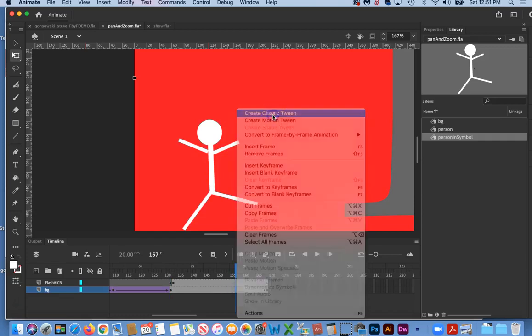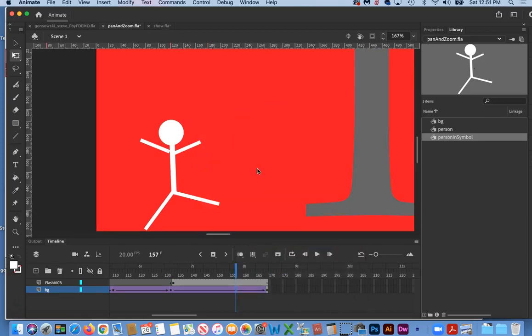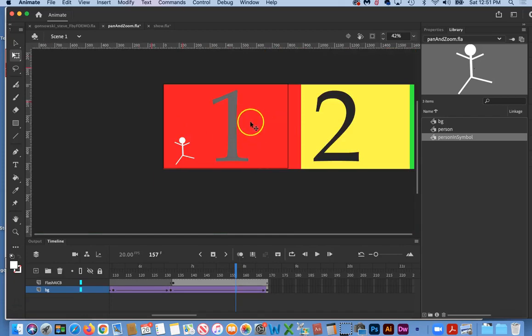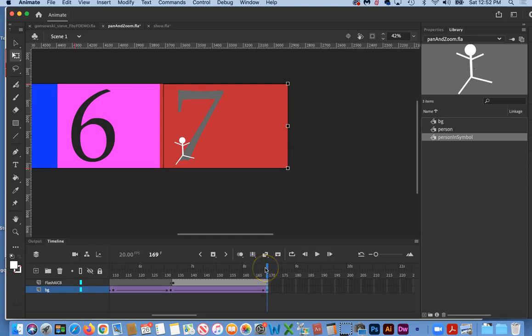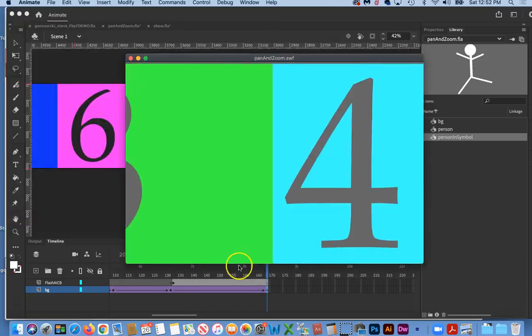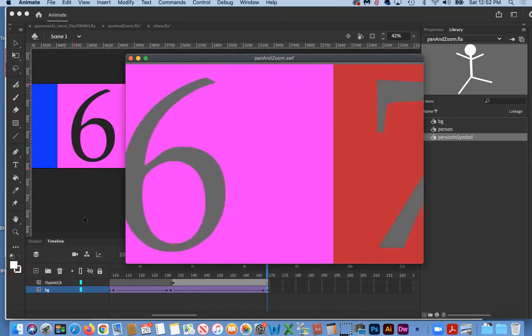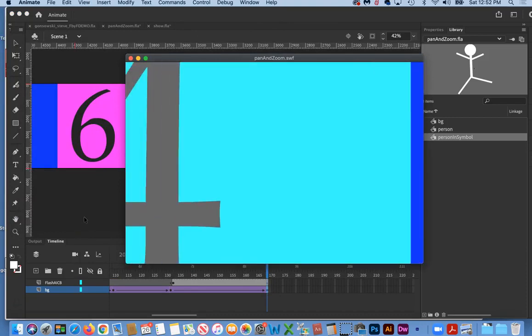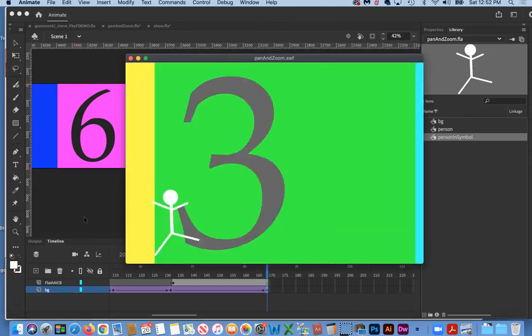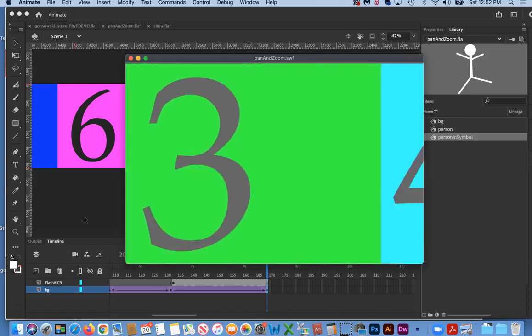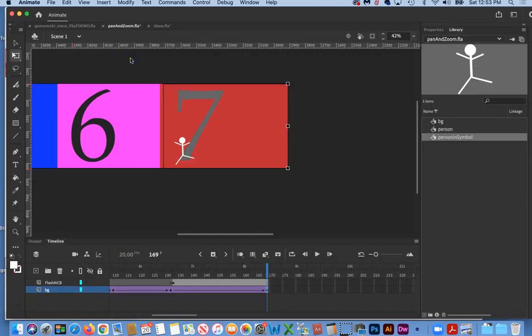So we'll put in our classic tween here, and then we'll just move this all the way over so that 7 is in front. Okay, in case that wasn't clear, that's the first keyframe. That's the last keyframe. And let's go ahead and preview this. And I'm pretty sure that even with this jerky motion happening, he's going to look like he's running unrealistically. Well, actually, it's okay. You could, of course, slow our runner down by lengthening this, or make him faster by